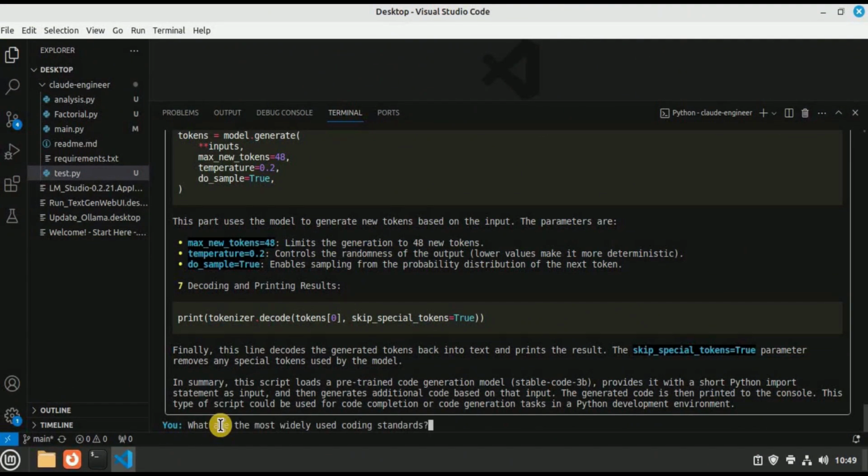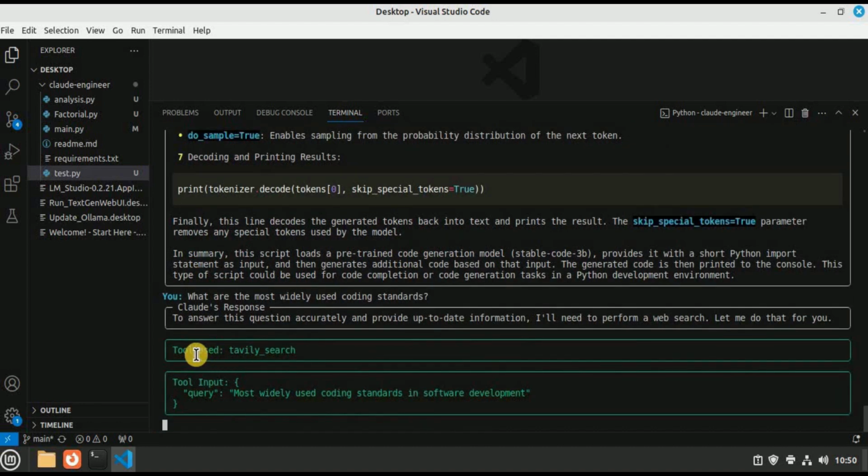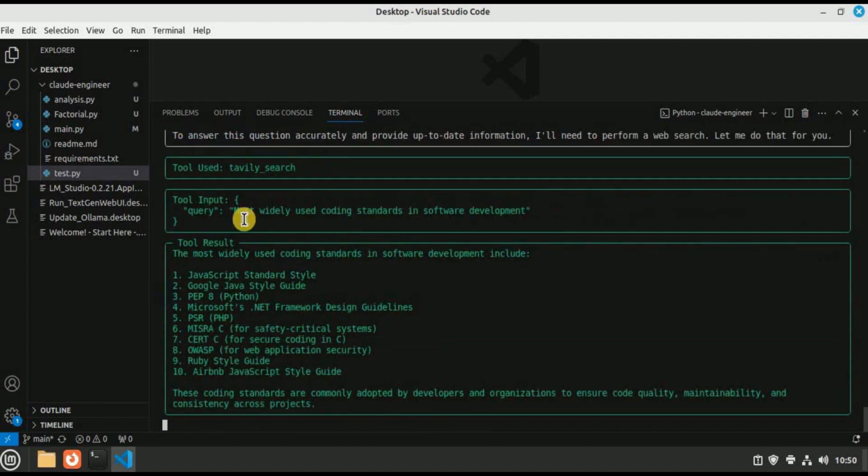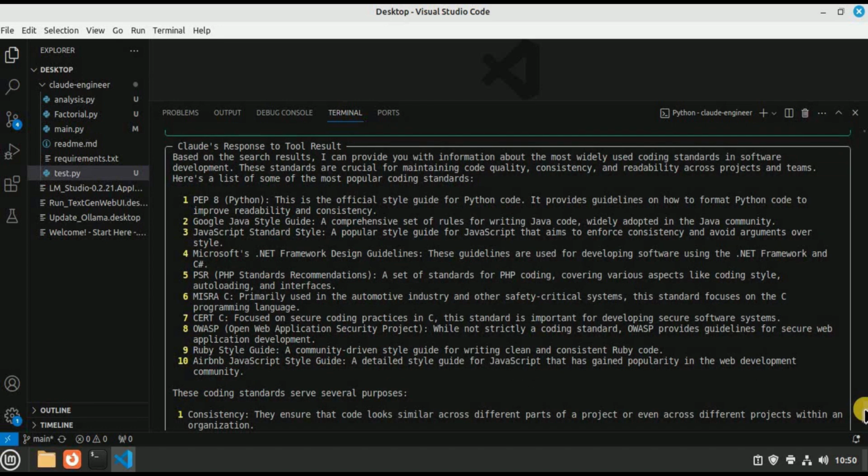So if you want to search for anything, let's say if you want to find out what are the most widely used coding standards, then the response for it will be generated using the searching capabilities provided by Tavily AI. You can see that the tool used is Tavily Search. It has provided us the tool result that these are the coding standards, and then it provided us the response in a better format: based on the search results, here is information about the most widely used coding standards.